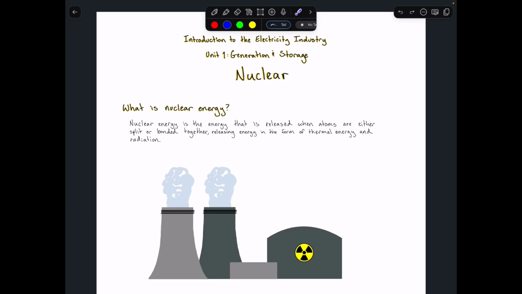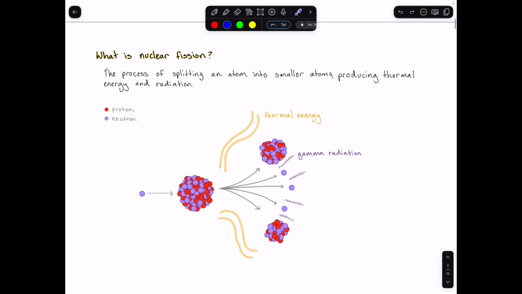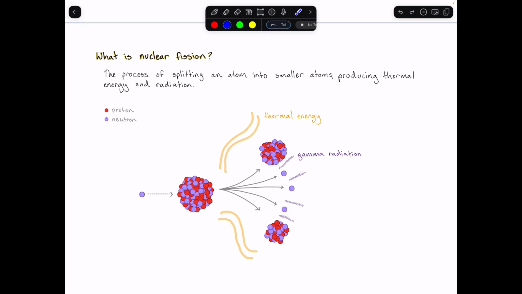And so the electricity industry utilizes the reaction where one large atom is split into smaller atoms, and this is called nuclear fission. Nuclear fission is the process of breaking apart a larger atom into smaller atoms, and in this process, it releases the smaller atoms, maybe some neutrons along with it, while also releasing that thermal energy and that